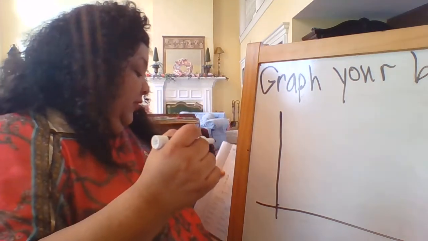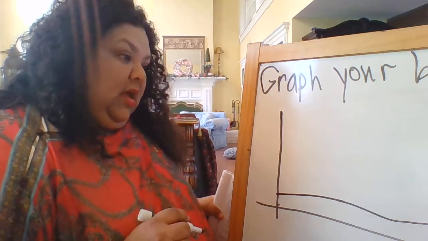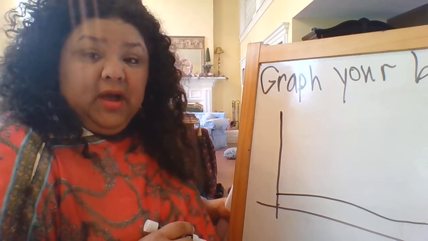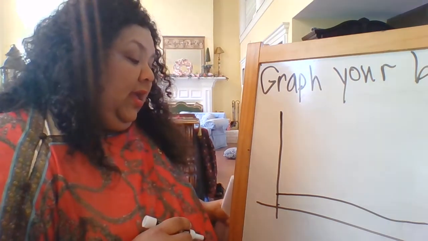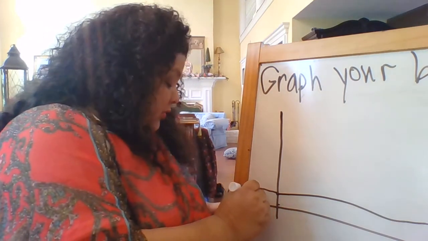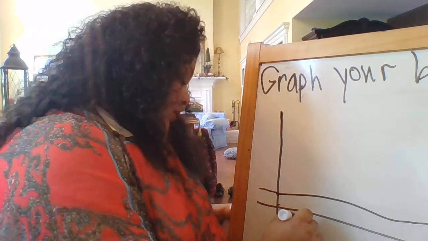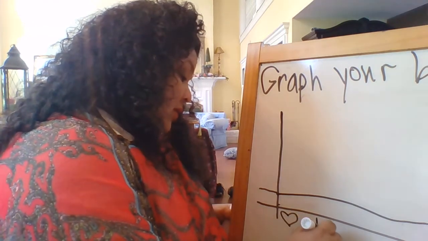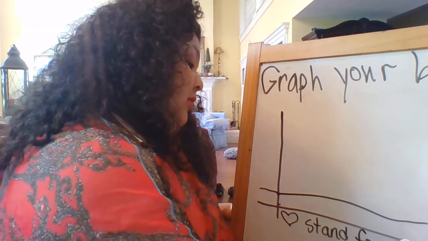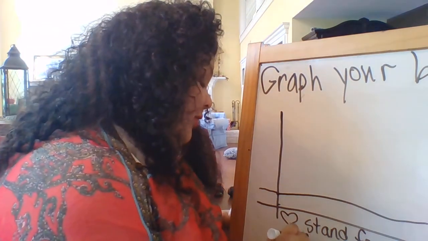Okay, so in our picture graph, I'm going to have hearts for my symbol, okay? And this symbol is going to be a heart. So my heart is going to stand for one vote, and that vote is going to be for your favorite